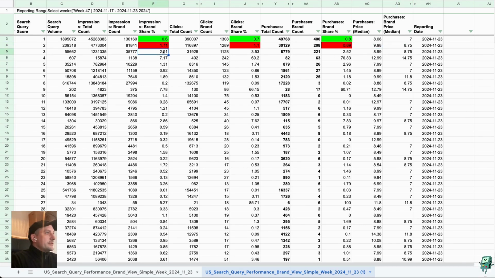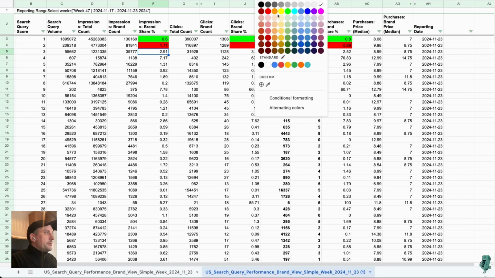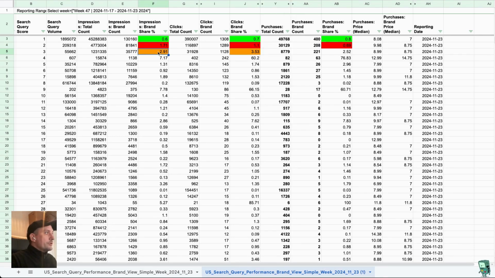And then you have something like that, which is like a hibernating status. So we have a very good impression share. The click share is even higher, but then the purchase share is going down. So somebody is stealing. We are losing the customer. Some customers we are losing here, and then obviously on those, these are the ones where you can clearly see